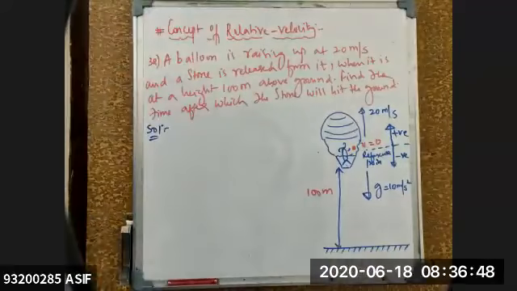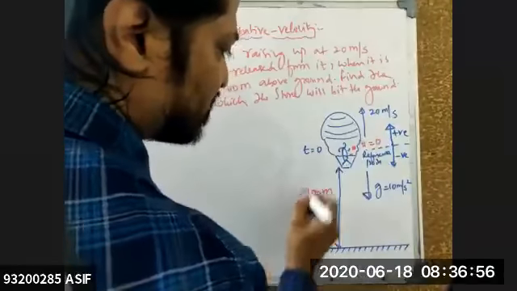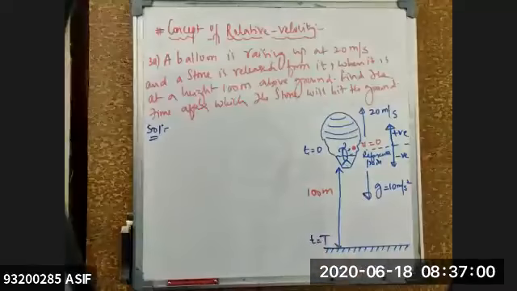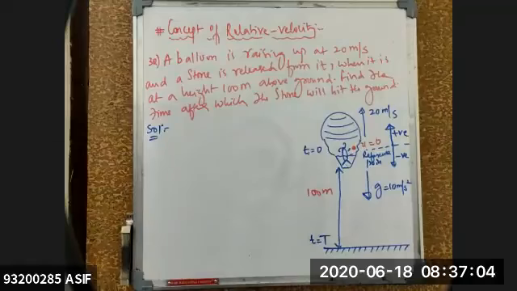Yes, sir. The g value is in the downward direction. I'm taking the g value as 10 meter per second square for the calculation. At t equal to 0, a ball is released whose initial velocity is 0. Is this point clear? At t equal to 0 the ball is released and it reaches the ground in